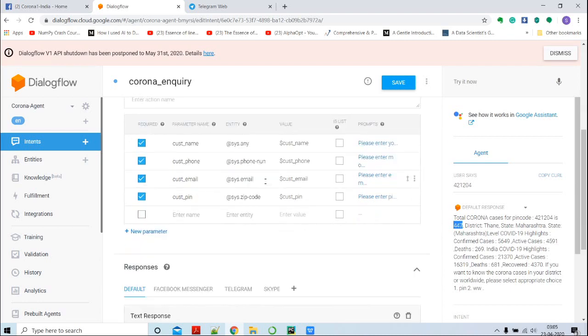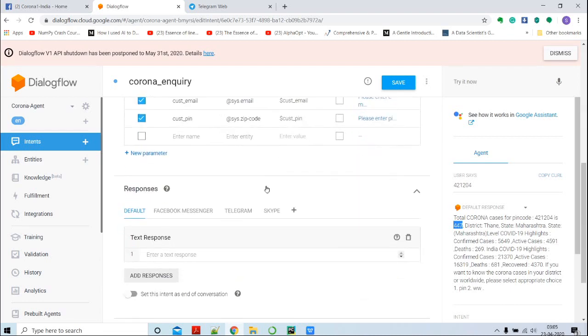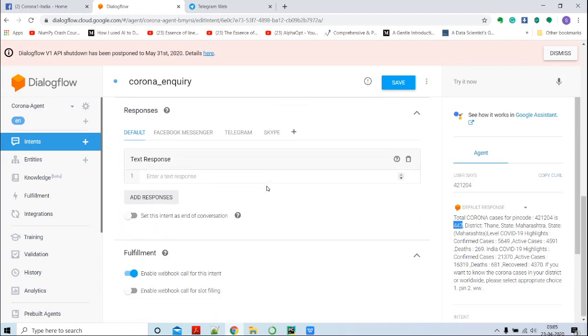In Google Dialogflow there is something called fulfillment. So when I give input, based on the input, the request is made to the API or any other internal stuff, and once it is processed, the response is shown over here. Here I am making a call to the third party API. So I need to enable this webhook call.